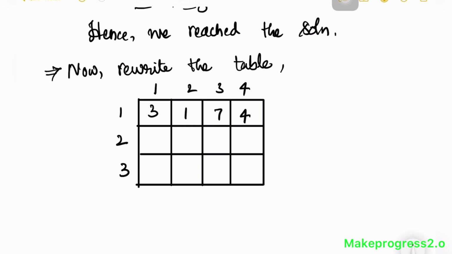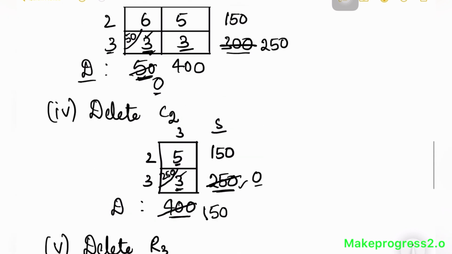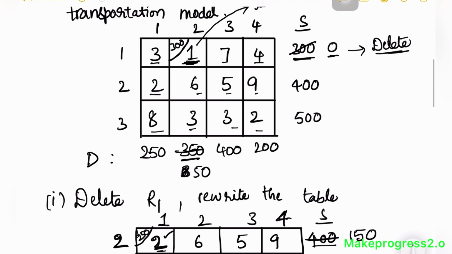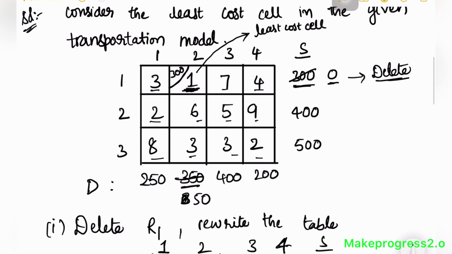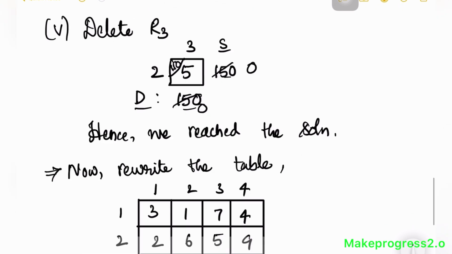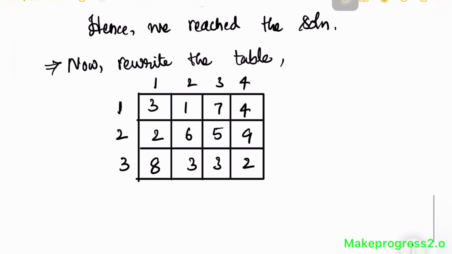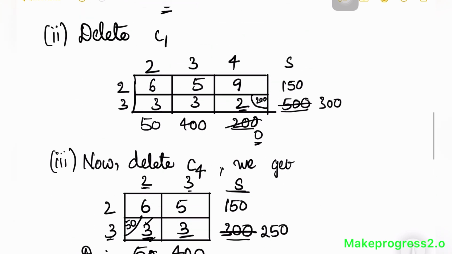3 1 7 4, 2 6 5 9. What I'm writing is what is given in the question. I haven't changed anything. And now since we got the corner values, we have written the cell values, the supply and demand we have done, and we have written the corner values, right? So those values we have to write again here. So at the corner of the cell 1 1, that is 300,